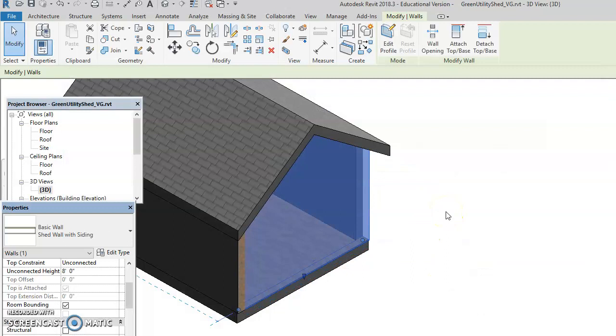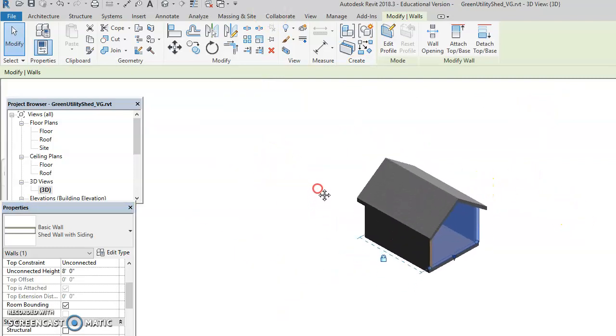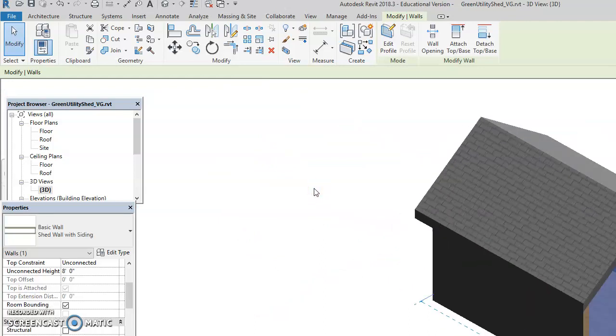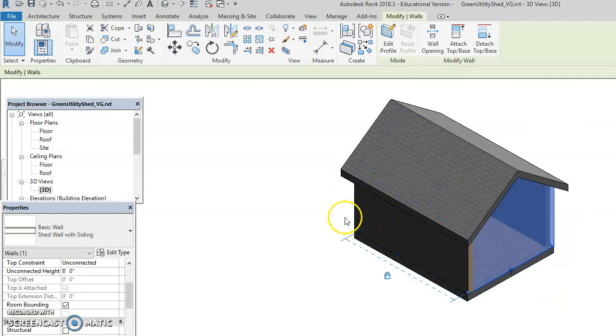Alright, so it wants us to select the 3 walls and then replace them with the shed wall with siding that we had selected. So what we're going to do, let me move this over. Alright, so we're going to select the 3 walls, and what happened to my cube? Alright, so that's this wall,